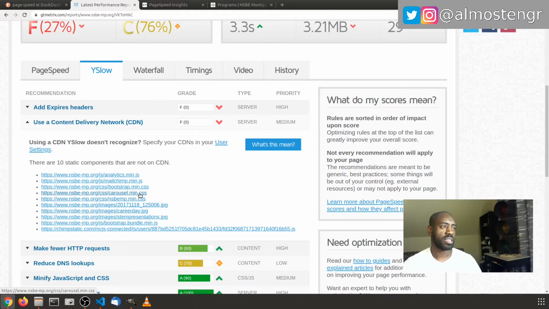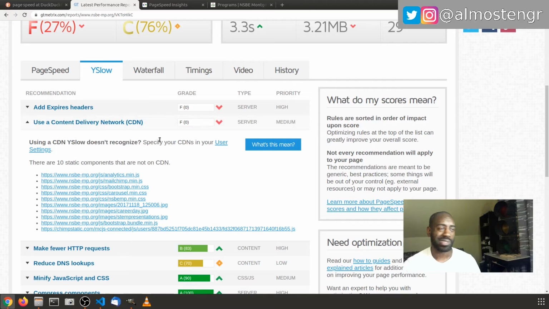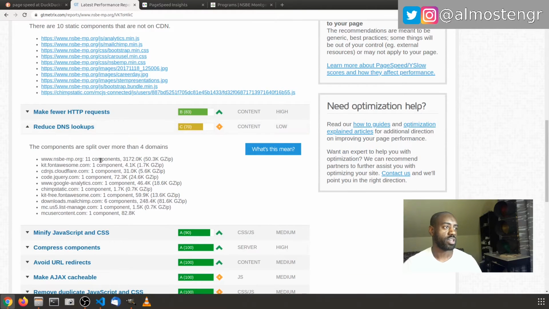A CDN is possible. I would have to look into it, but off the top of my head, this site may or may not benefit from a CDN. It doesn't have a lot of traffic, but if it were to be on a CDN, then this would probably help in that regard. But it gave it an F, so